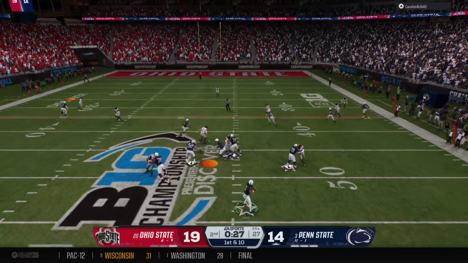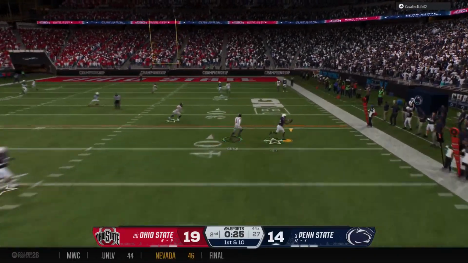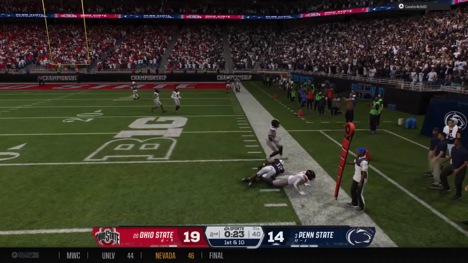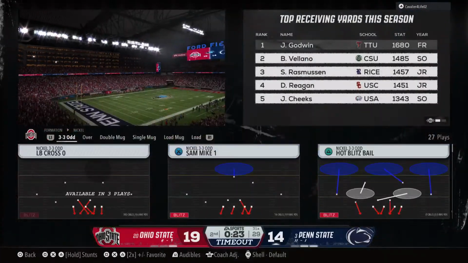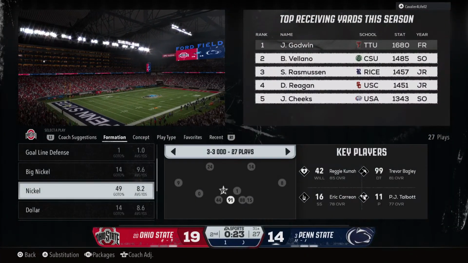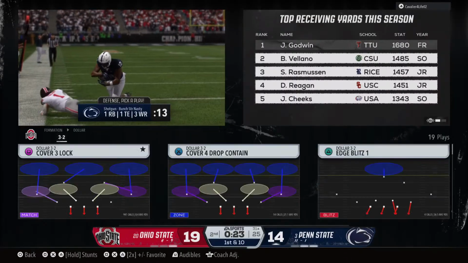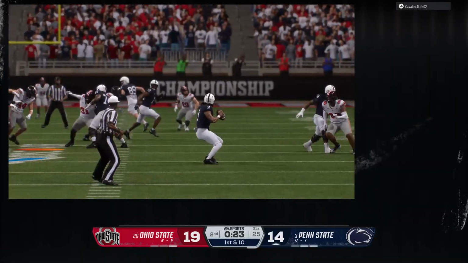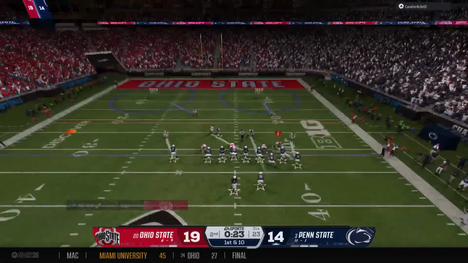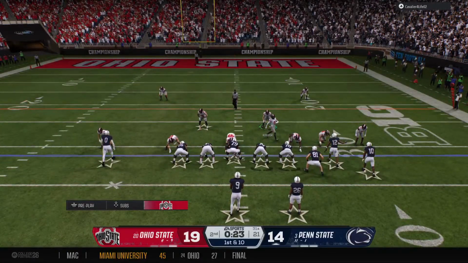On 1st and 10, they'll look to throw it. Makes the grab. It's Smith. Tackle made, but a strong arm throw by the senior quarterback. Timeout is called to talk strategy late in this close game with halftime approaching. Back-to-back chunk plays to begin the drive. The defense on their heels.